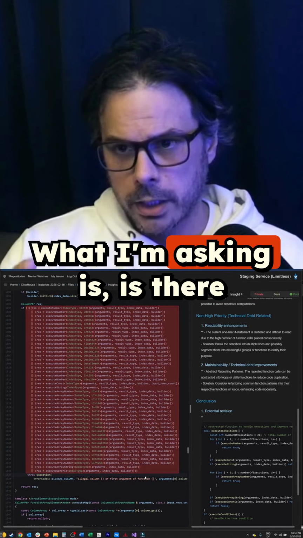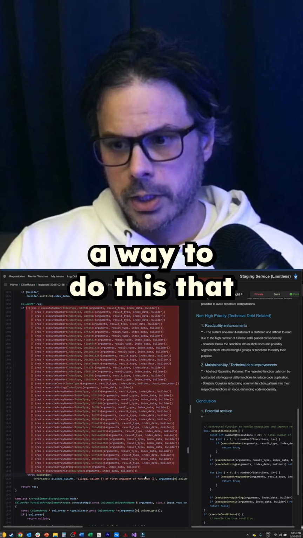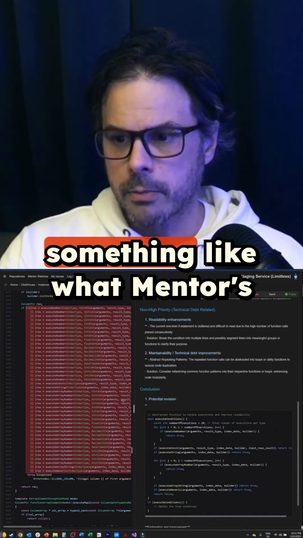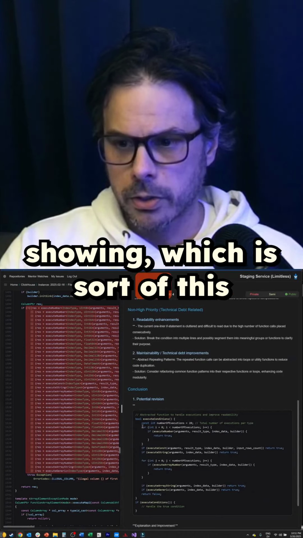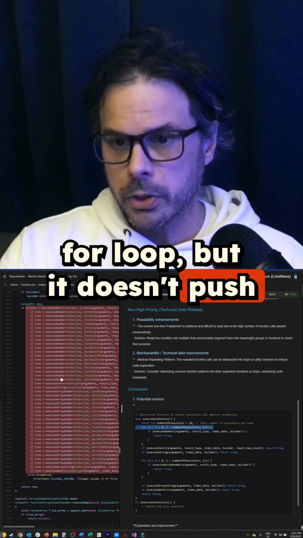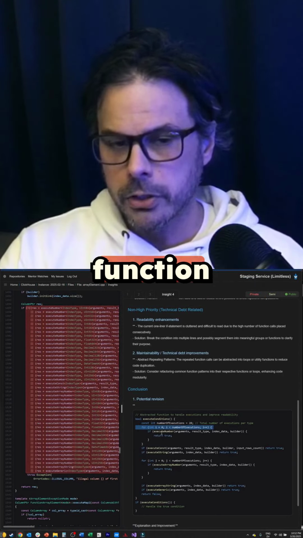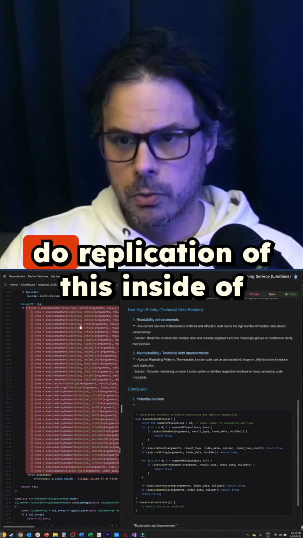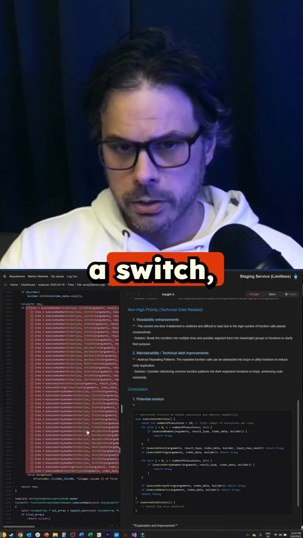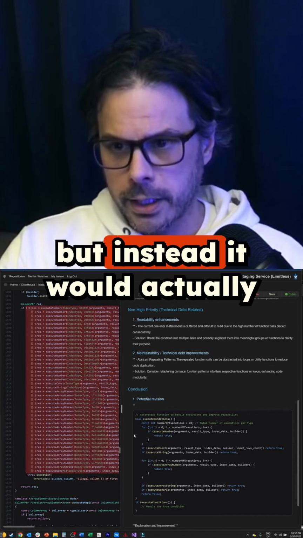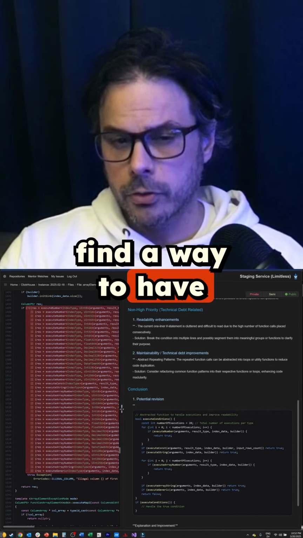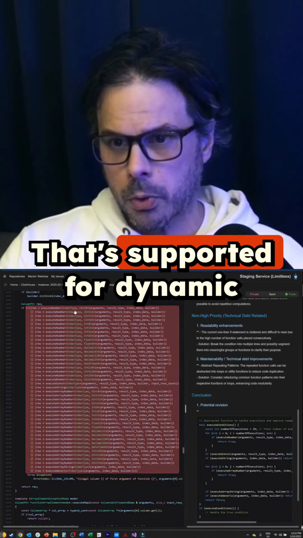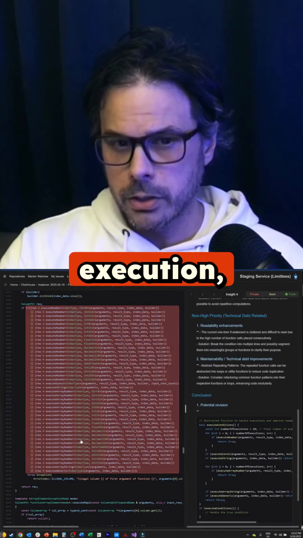What I'm asking is, is there a way to do this that essentially would reduce the code footprint? So it would be something like what Mentor's showing, which is sort of this for loop, but it doesn't push the complexity inside of the function that would reside here, which basically would just do replication of this inside of a switch. But instead, it would actually find a way to have strict type binding that's supported for dynamic execution,